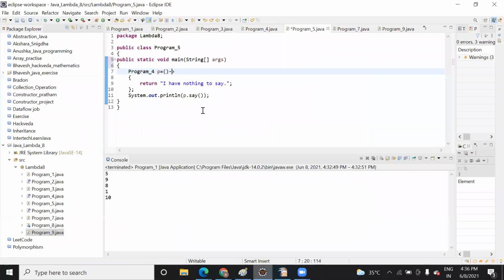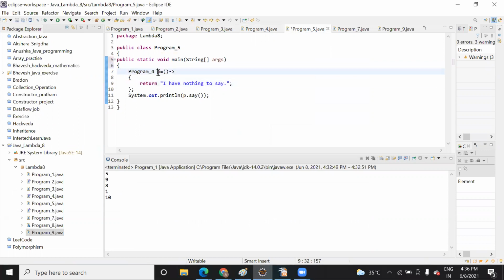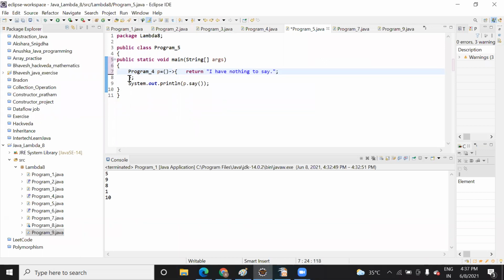So now let's come to here. In my previous code this was the name of the interface. But here when I'm using this, p is a variable. This parenthesis is without any parameter, and this was my body. You can take it like this, you can write like this also. In order to make it simpler, I have written like this, but you can write like this also. So whenever you want to declare anything,